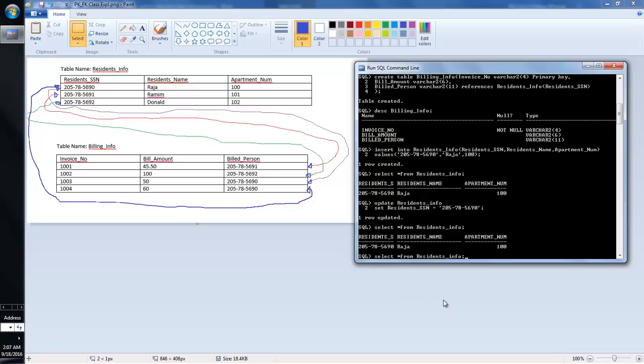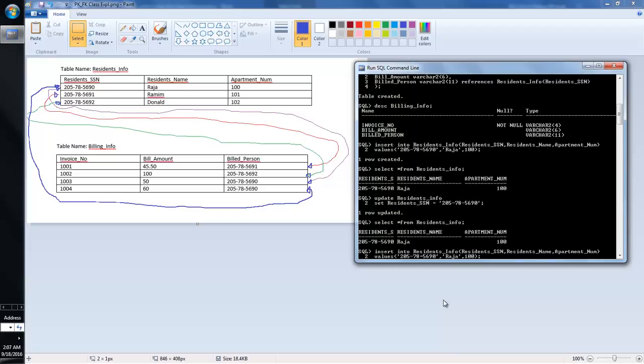Now we will input the other data that we have here. So insert into, and then what is the other? SSN 5691. So let me quickly insert this data. Let's say I want to input another name. I already have a record that has an SSN 205785690 in the table, but I want to input another person. Let's say Ramim. I want to input Ramim with the same SSN, and let's see what happens